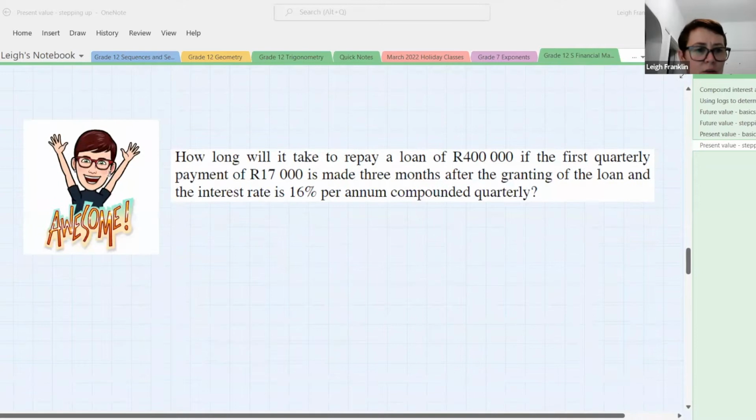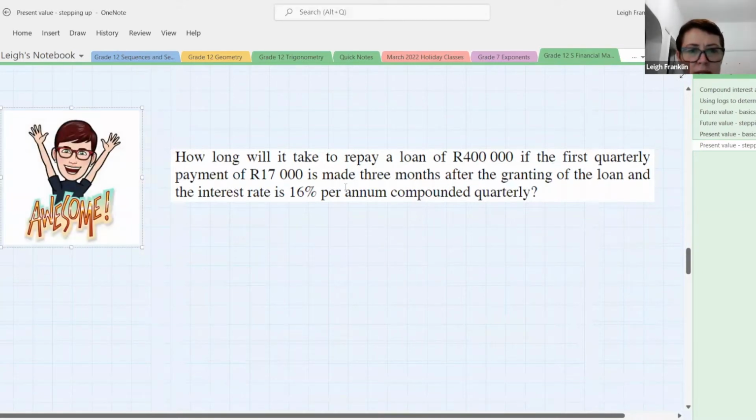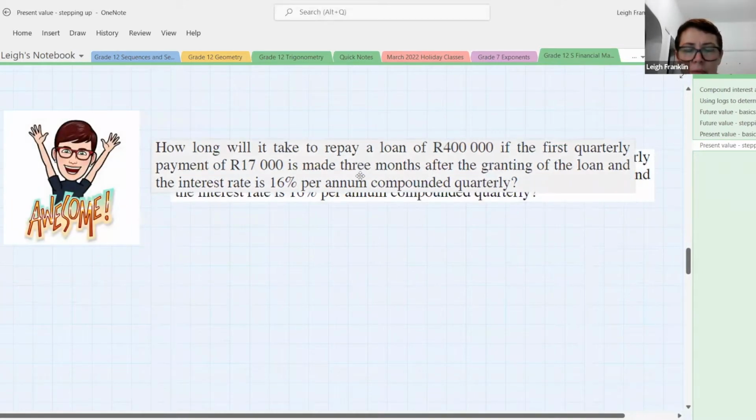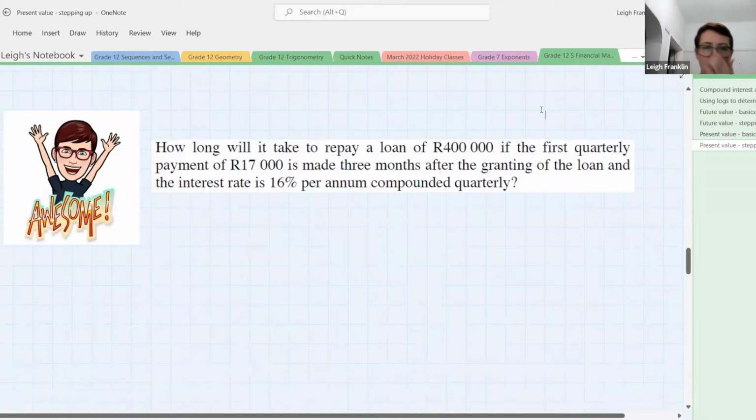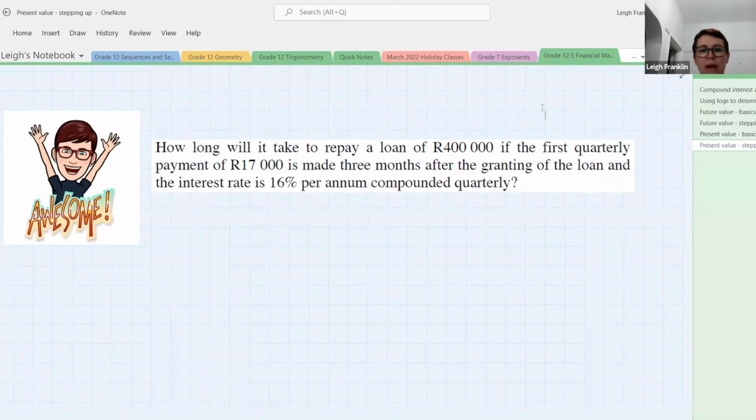But over here, let's have a look at this one. All right, so again, this is a little bit more difficult. It's something a little bit different to what we've seen before. So how long will it take to repay a loan of 400,000 Rand if the first quarterly payment of 17,000 Rand is made 3 months after the granting of the loan, and the interest rate is 16% per annum compounded quarterly? Okay, so what letter